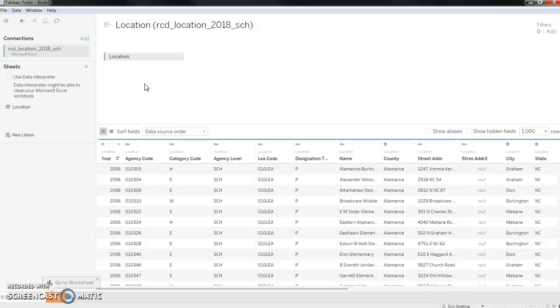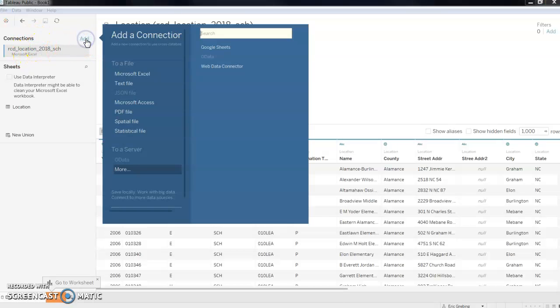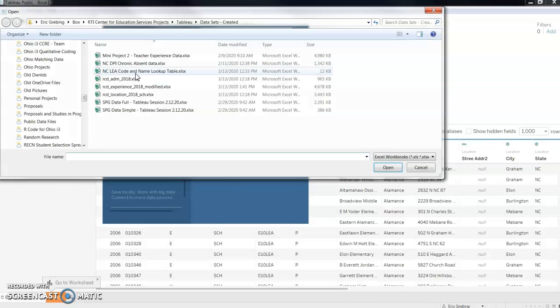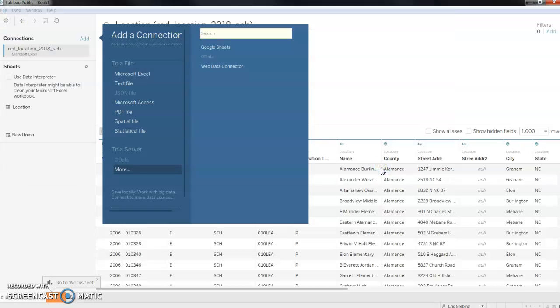Now, this is the first time that we have used two data sets for the same visualization. And the easiest way to do that with the fewest errors is to go ahead and connect them right here. And so I'm going to go up here to where it says connections. I see the current file that I have. And then I'm going to click on add and basically go through the same procedure. And I'm going to add in my other file, which in this case is that ADM record from the same year. And when I go ahead and open this up,